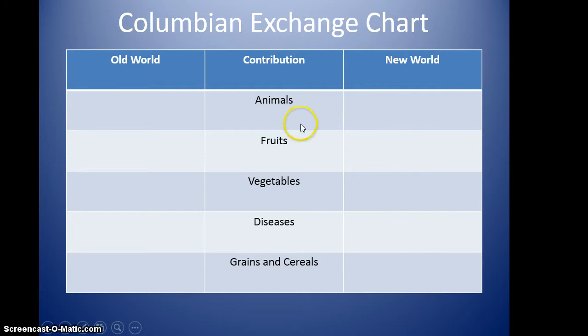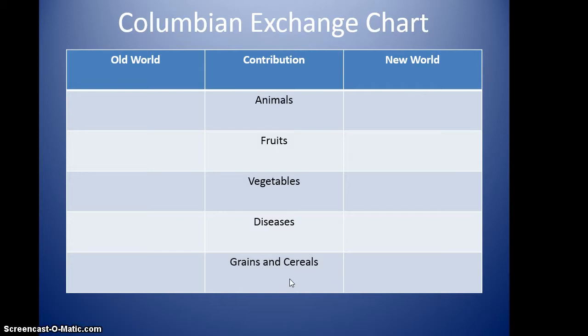But we do have them broken up into categories. So animals, fruits, vegetables, diseases, grains, and cereals. In a few minutes, you're going to look at a map and you're going to analyze the map, and you're going to put in the information. What are the things that the Old World gave to the New World? And what are things the New World gave to the Old World in regards to animals, fruits, vegetables, diseases, grains, and cereals? So take a few minutes and pause the video. And once you're finished,